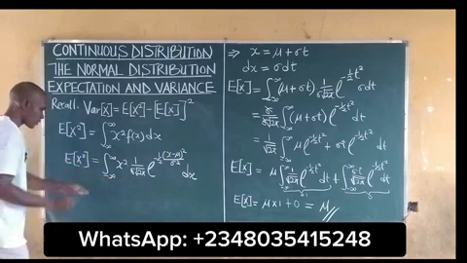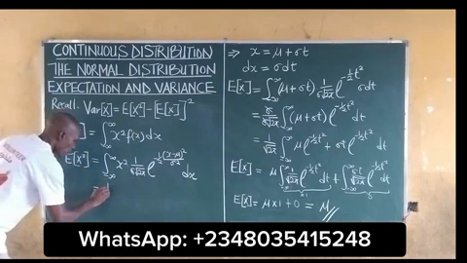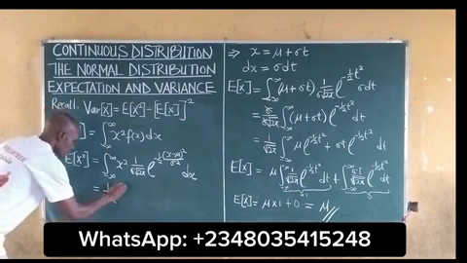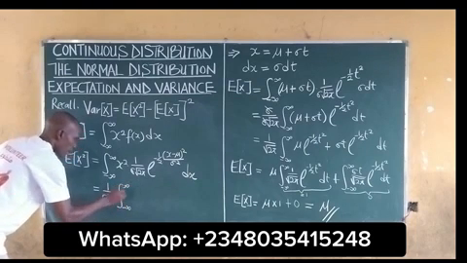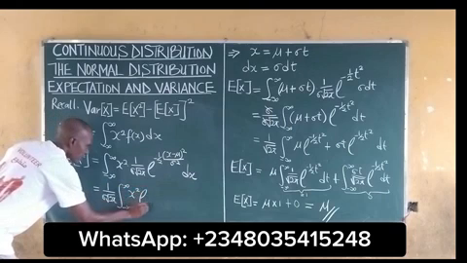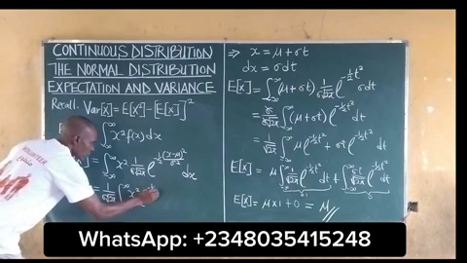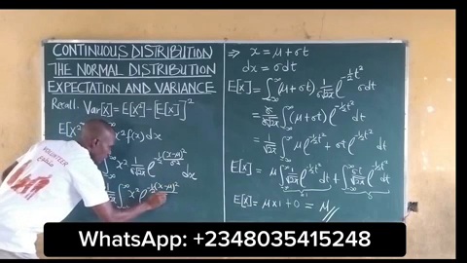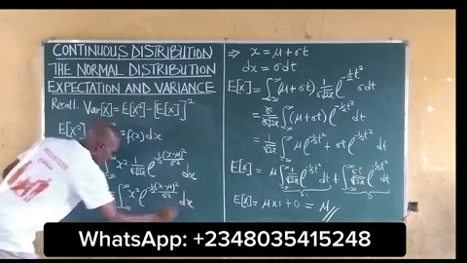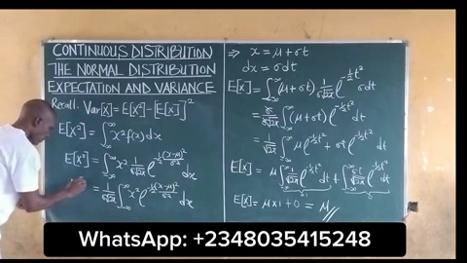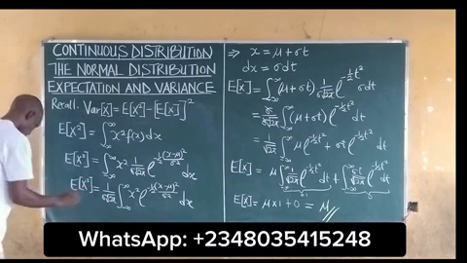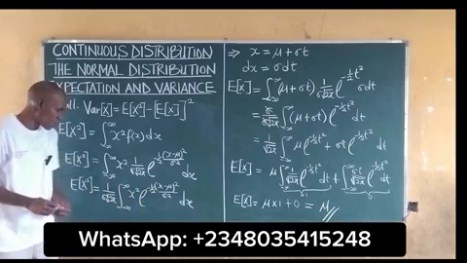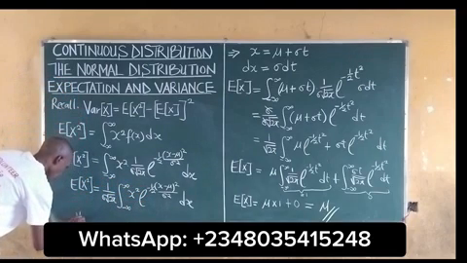Of course, we can bring this out if we wish to give us 1 all over sigma square root of 2 pi the integral of x squared exponential negative 1 all over 2 x minus mu squared all over sigma squared dx. So this is our expected value of x squared. So the next thing to do is to use the change of variable techniques using